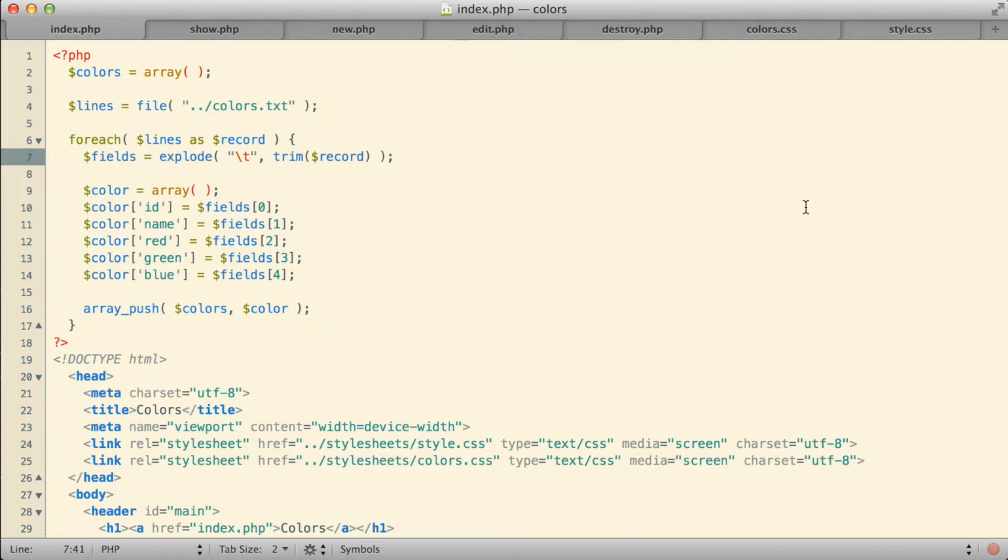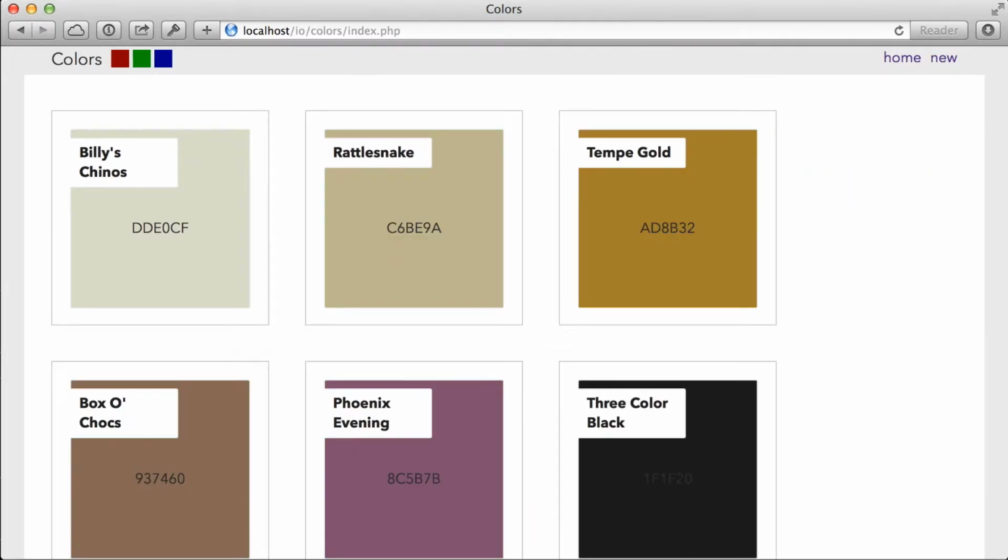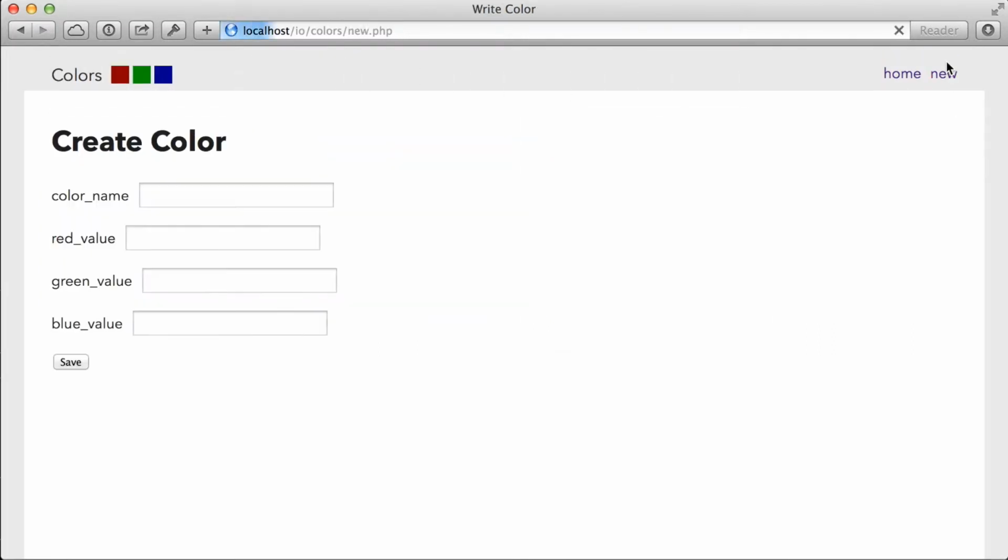Alright, in playing with this new way for us to be able to read data from our file, we've seen the explode function, and I think the explode function could actually help us out in another place here inside our project as well. Here in the browser then, let me go over and take a look at the new page.